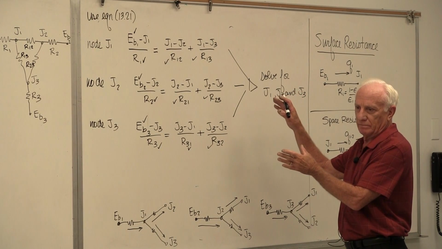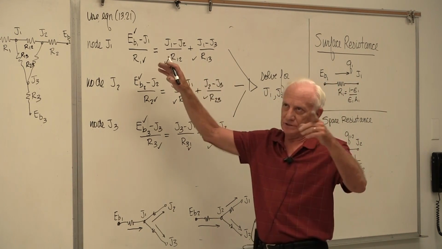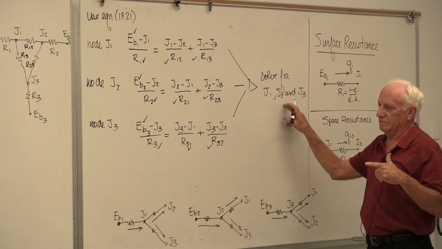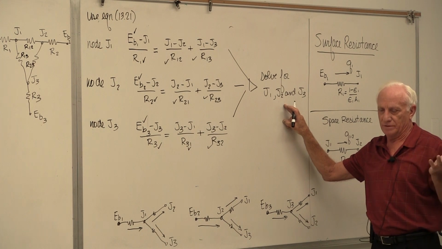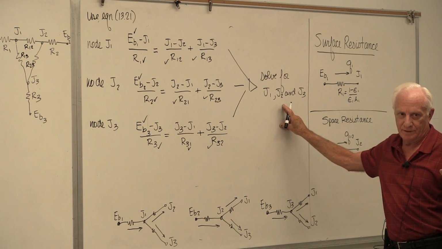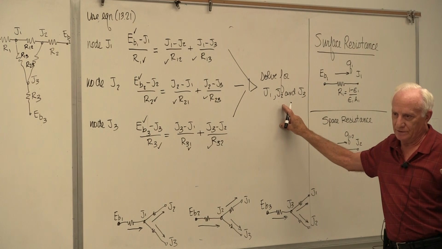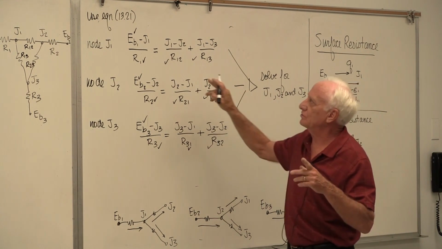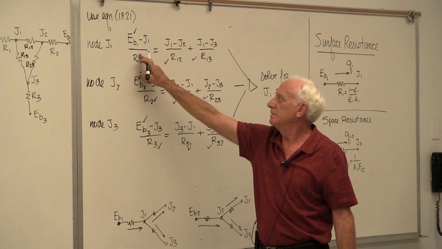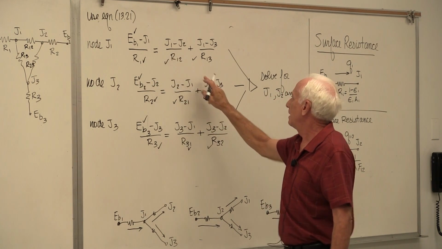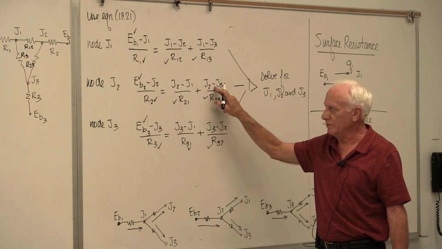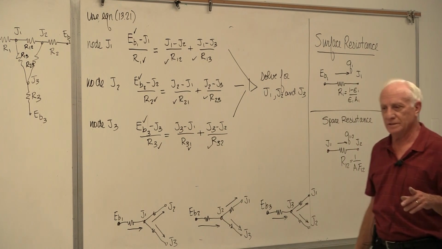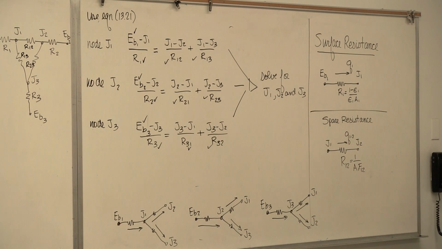Play the mathematical game. For every node, if there's 6 surfaces in this room, there's 6 different nodes. There'll be 6 different J's. You'll solve them, whatever method, Excel, MATLAB, TI-89, whatever it might be, and get the 6 J's. Once you got them, if somebody says, what's Q1? There it is. What's Q23? There it is. What's Q13? There it is. So once you know all the J's, you can find any of the Q's in the problem.